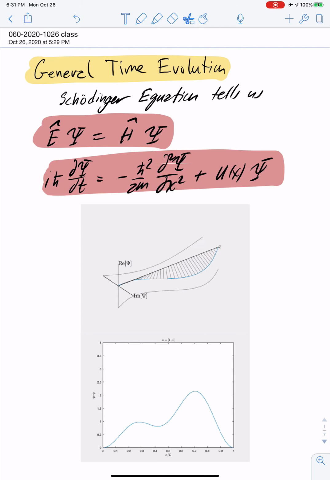Okay, so today we're going to talk about the general time evolution of quantum states. We know the Schrödinger equation limits what kind of states you can have. So it describes what kind of time dependence you could have. We showed this one example of a particle in a box state. It seems to be something kind of wiggly, but the question is,